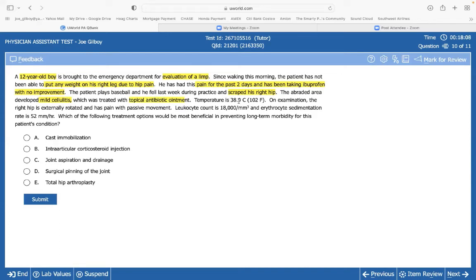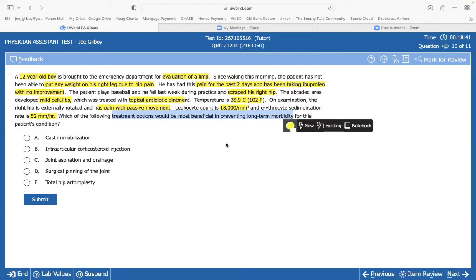He's febrile now, folks. Everybody see this? On exam, the right hip is externally rotated and has pain with passive motion. So there's something in the hip. He's got a white count. You see him now? You see your cellmate. And sed rate is elevated. So it's some type of inflammatory process with the fever and a white count. Ever see this? So you're like, yeah, I think something's going on with the hip, Joe. It's infected or something. Which of the following treatment options would be most beneficial in preventing long-term morbidity in this